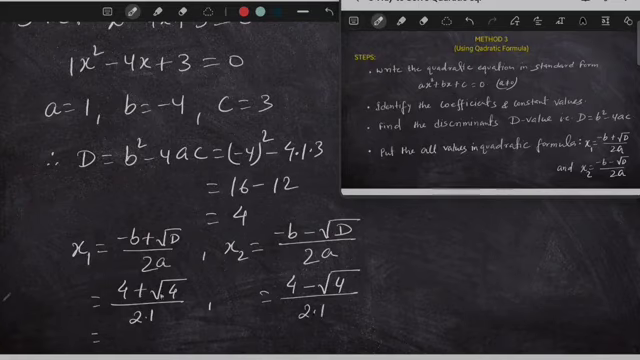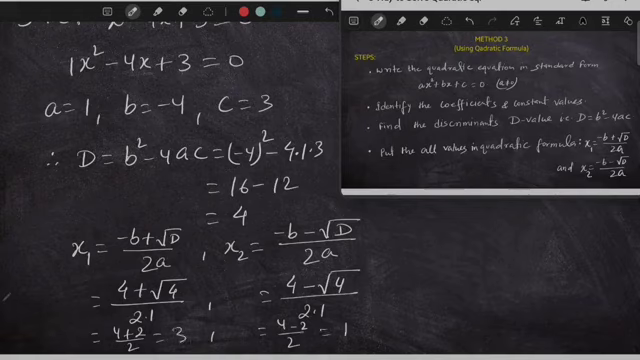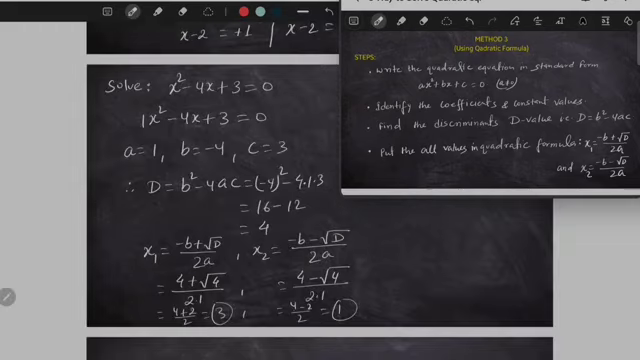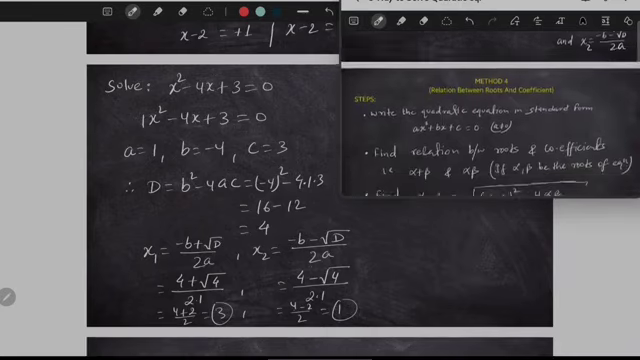So 4 plus 2 divided by 2 and 4 minus 2 divided by 2. That is 4 plus 2, 6 divided by 2 is 3, and 4 minus 2 is 2 divided by 2 is 1. So again the first value is 3 and the second value is 1. So this is the solution of the quadratic equation. Now the fourth method